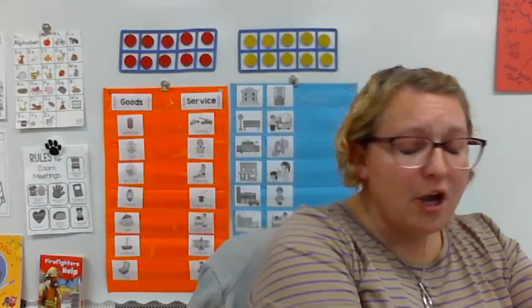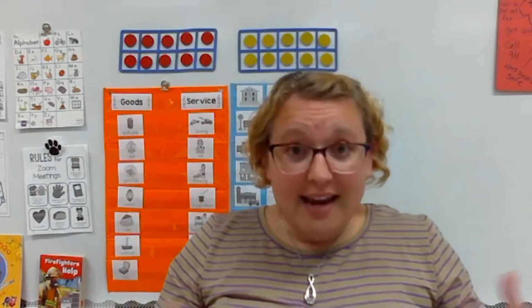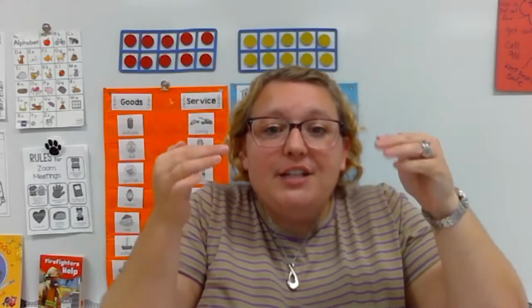Thank you guys for helping me to sort those out and talk about those a little bit. So now that we've talked about goods and services, and we've talked about how we use money to buy those goods and services, and we've even sorted what goods and services are and who provides those services, if that is what we are buying. So now what I'd like you to do is we're going to do a little quiz. We're going to do a good or service quiz. So I'm going to give you an example, and if it is a good, you're going to stand up, okay? And if it's a service, you're going to sit down. So this will help us get our body moving a little bit, okay? All right, so